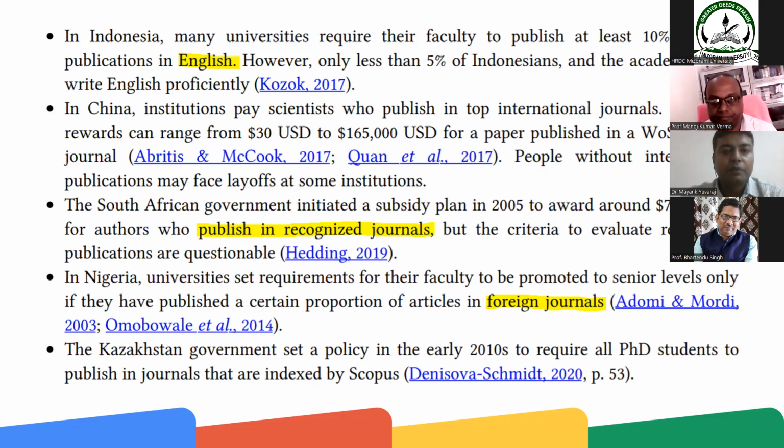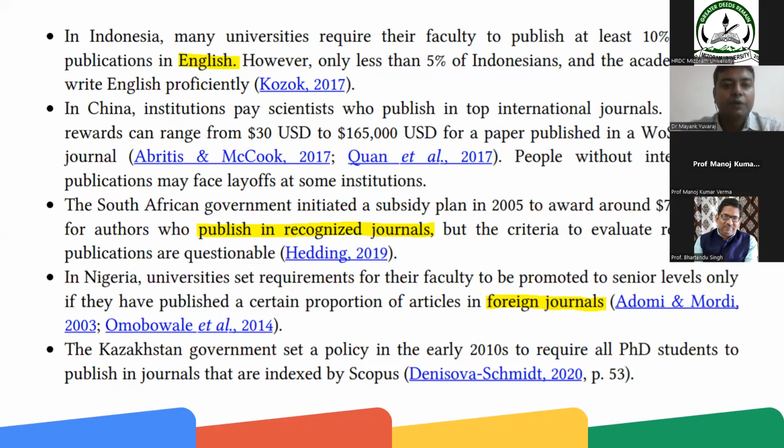That is a major problem in Indonesia. In other countries like China, they have instituted a reward from $30 to 165,000 US dollars for publishing a paper in a Web of Science indexed journal. So there it is a clear-cut definition.